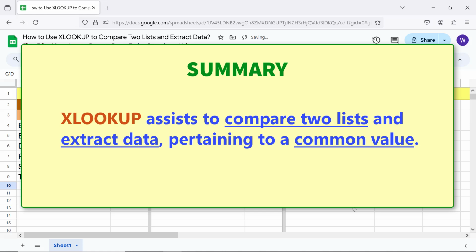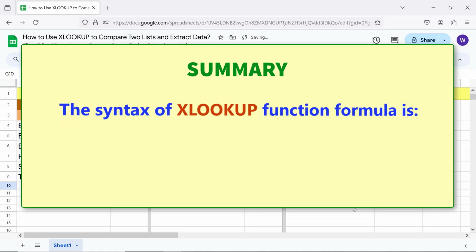Summary: XLOOKUP assists to compare two lists and extract data pertaining to a common value. The syntax of the XLOOKUP function formula is: